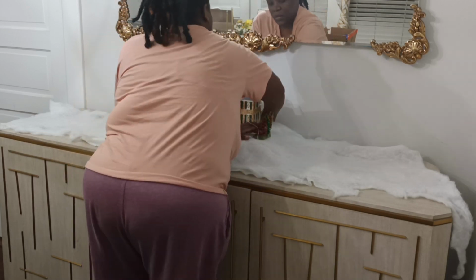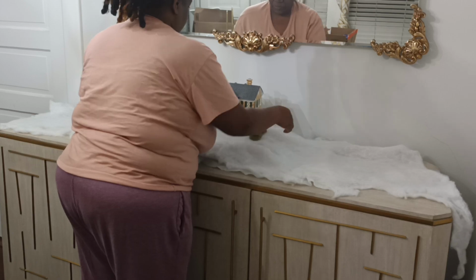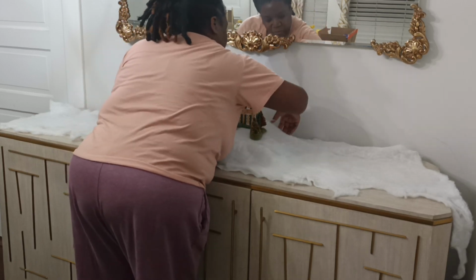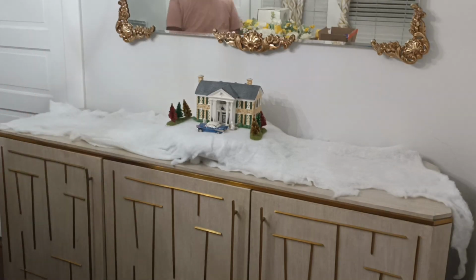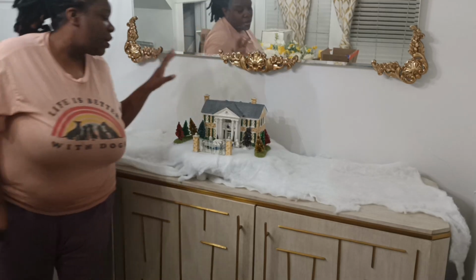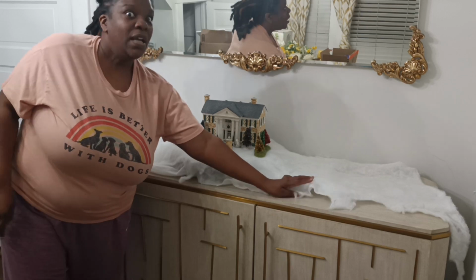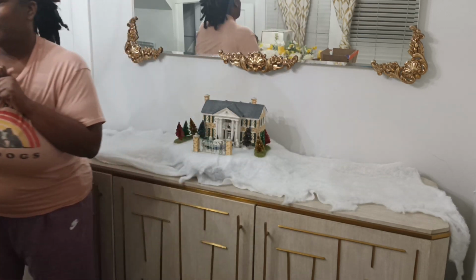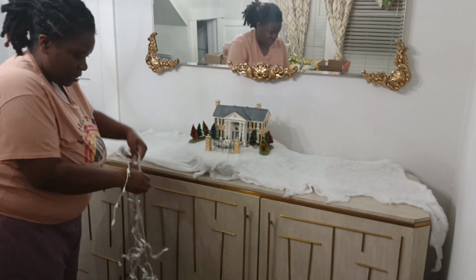The lights don't work, but I'm okay with that because I have other plans for lighting that you will see in just a second. I'm a DIY girly at heart, and y'all already know I know how to make it do what it do. So I'm gonna need a string of lights. Last year I put a string of lights under here, and that's what really made it pop out. So let me find the string. It looks like they're connected right here, so